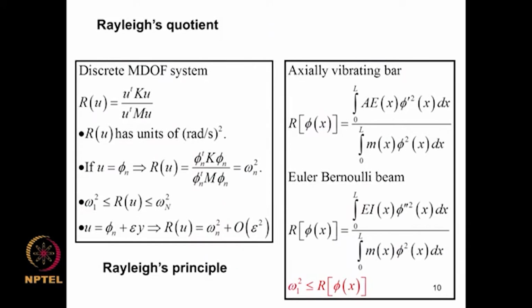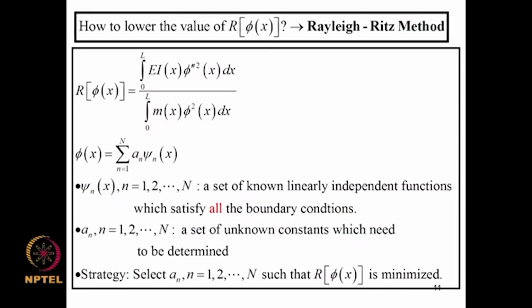Now in the analysis of free vibration characteristics, we began by discussing about Rayleigh's quotient. So we formulated the Rayleigh's quotient for discrete multi-degree freedom system and few continuous systems, and an important property of Rayleigh's quotient was that it was bounded between square of first natural frequency and square of the nth natural frequency in a n degree freedom system. Whereas for continuous system there was only a bound on the lower value, R was greater than omega 1 square. Now Rayleigh's quotient you can derive without writing the equation of motion. So that is a quick way of finding natural frequencies, and